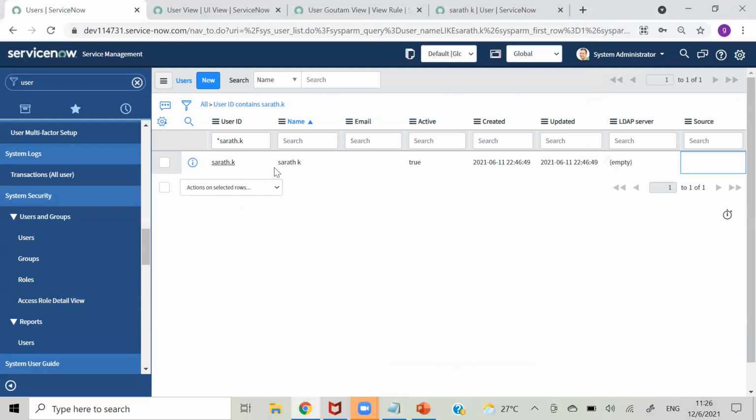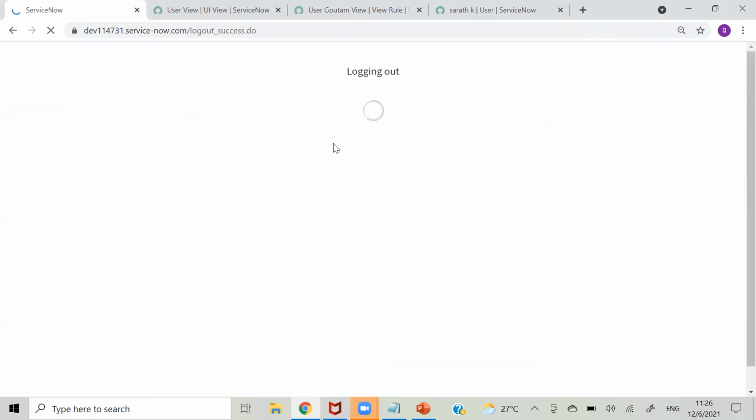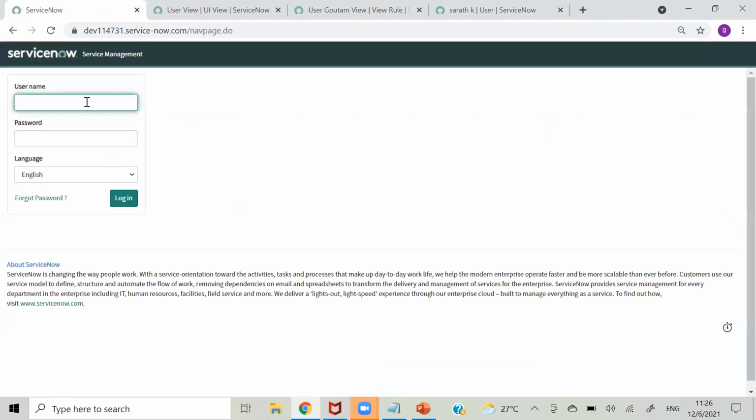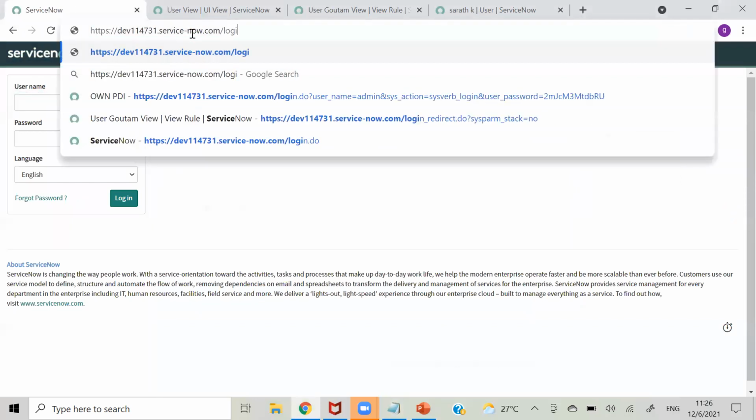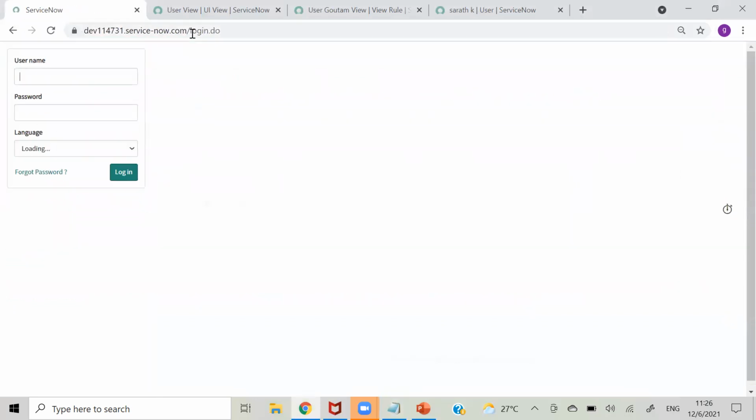So that is about users. We have created Sharath.k with password 12345, so let's log in with him. Login.do, because he's a local user.